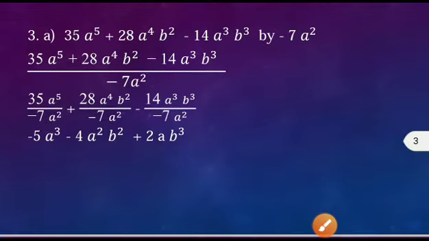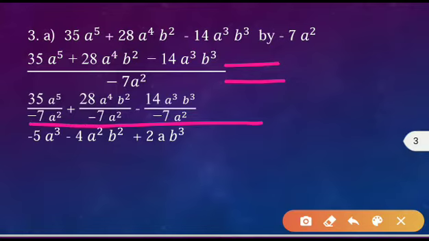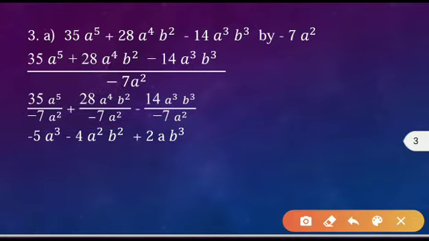Now, the next question number 3. Again, the same type of question. So, first of all, write it in this manner, numerator upon denominator. Now, again, you cannot subtract or add, so do one thing. Split the denominators like this. The denominator will go with each of the terms. Now start cancelling. This 7 will cancel, 35 will give you 5 and minus will be as it is, minus 5, and here a to the power 5 upon a square.